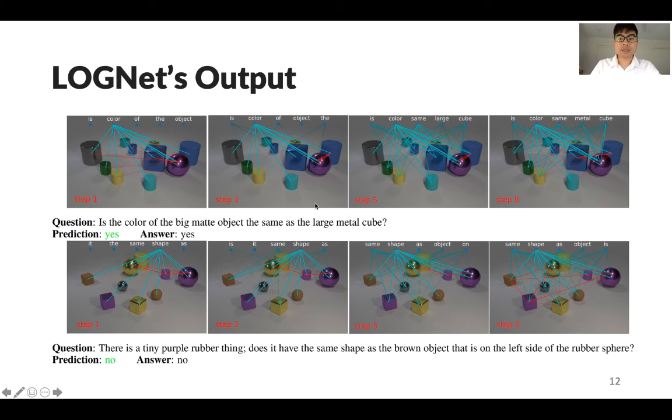And here are some examples of our graph as well as the binding. The red connection illustrates the relation between the visual objects, while the cyan connection is the binding between the language objects and the visual objects. The links are all dynamic, depending on the reasoning step. So for example, for the question here, the binding will tell us that we need to look at the color of each object, instead of, like in the second example, where we need to look at the shape of the object.